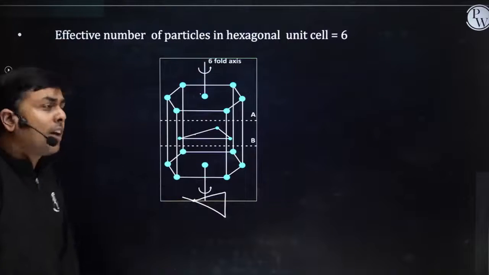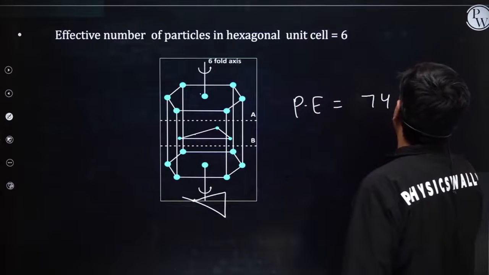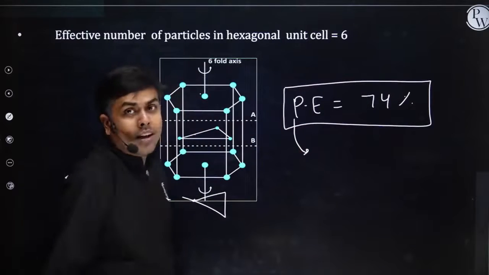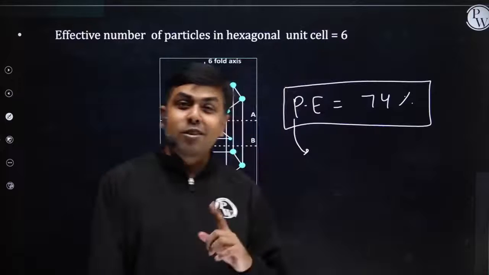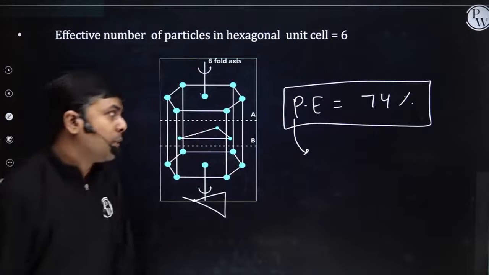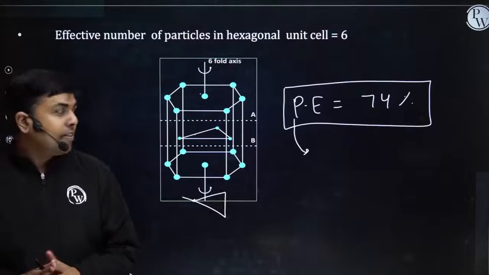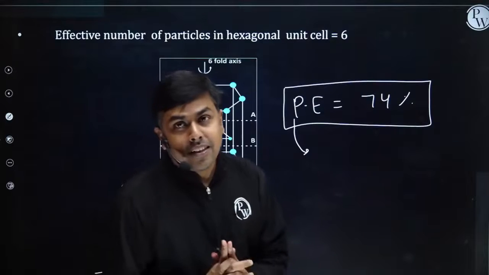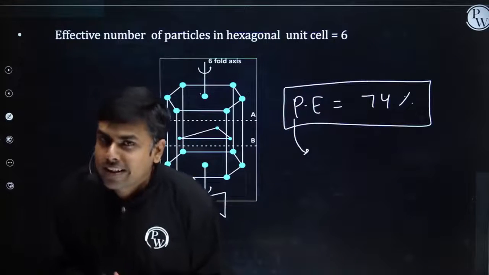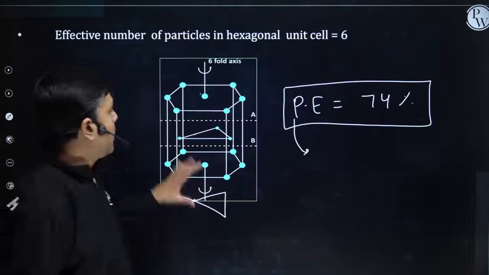Right? Students, if I talk about the packing efficiency, the packing efficiency is once again 74%. We have studied a similar packing efficiency in the case of the cubical FCC unit cell, right? And here in HCP also, the packing efficiency is 74%. There is one derivation. Basically, how do we calculate packing efficiency? In 3 dimensions, it's Z effective into volume of one atom upon volume of unit cell. How do we calculate volume of unit cell? Area of the unit cell into height.